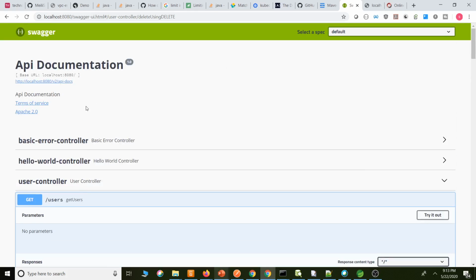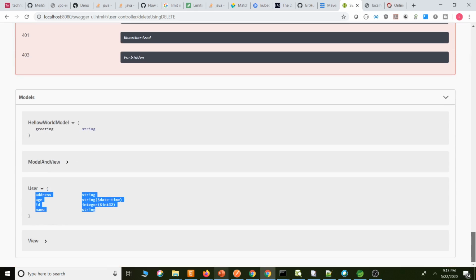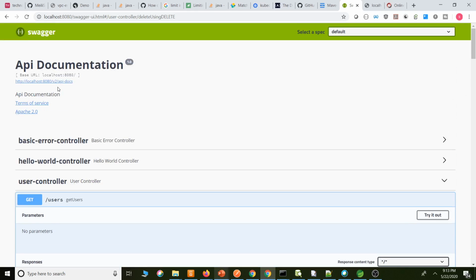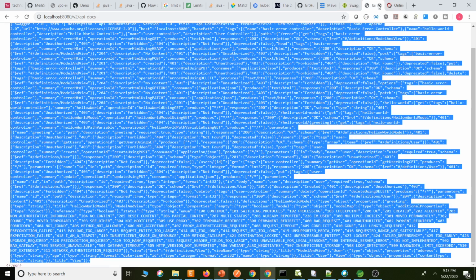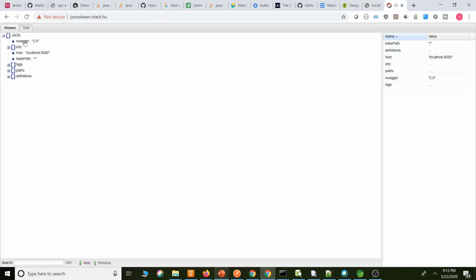Swagger 2.0 documentation, there it is, the API documentation 2.0. Apache 2.0, terms and conditions, localhost 8080, information. This is the information; maybe it is not displaying in the UI. This is the documentation info, host localhost 8080, base path.